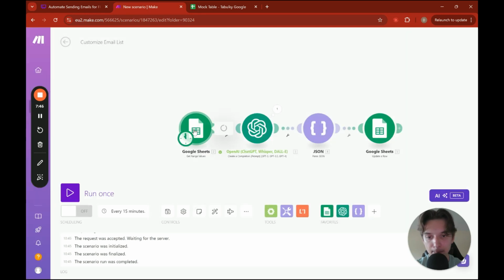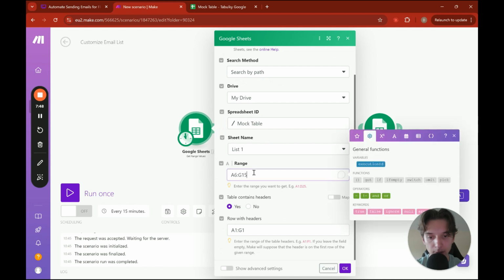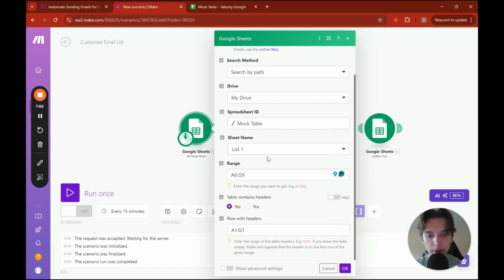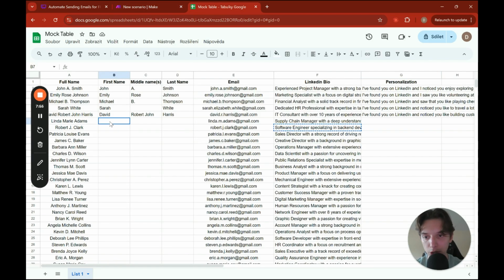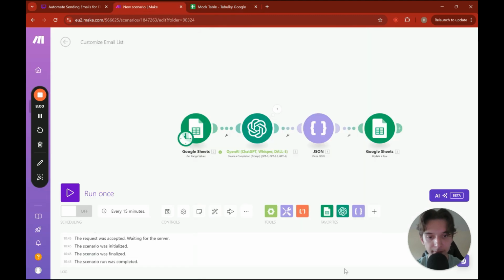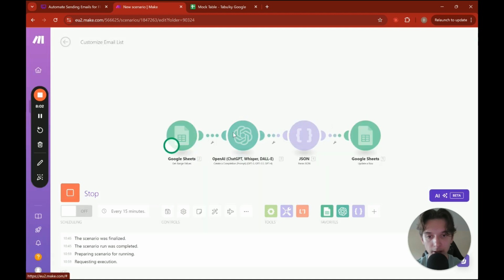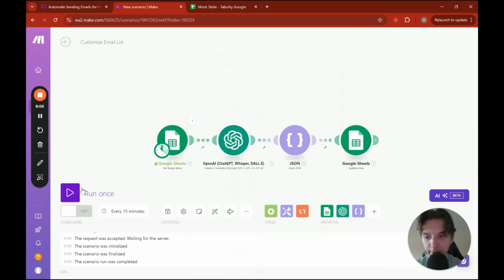And yeah, let me limit this to three rows, right? So it should fill in these 3 rows. Okay. Let's run the whole thing. And it will obviously take some time. That's why I was mentioning that I'm not going to run it for all 50 rows, but this is how